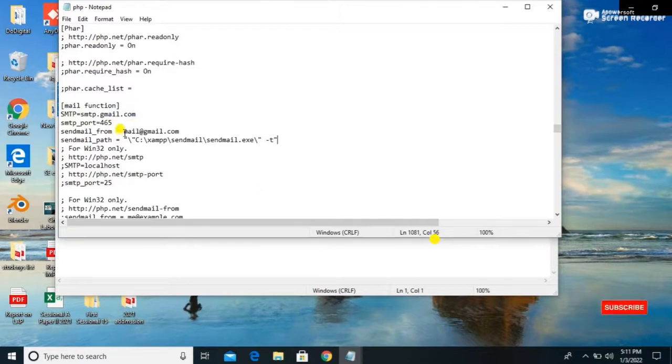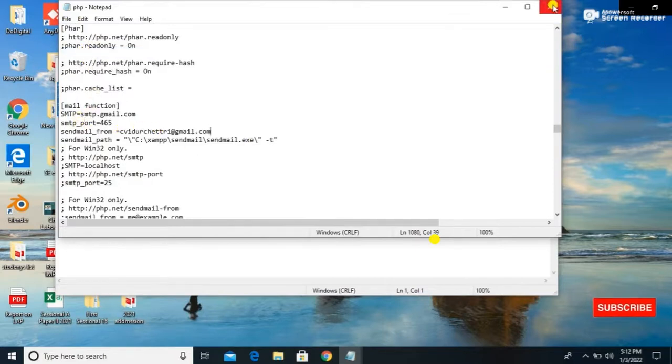From there you can copy this code and paste it inside the PHP file. For sendmail_from, we need to pass the email address from where we want to send the mail. Here I am writing my email address. You can use your email address to send the mail. And we need to save this file.